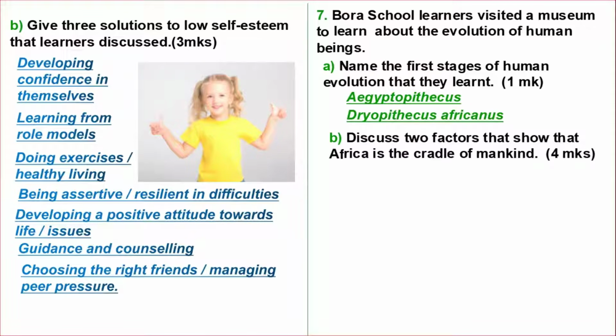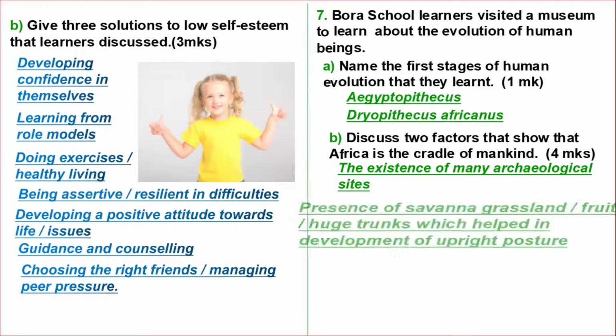Discuss 2 factors that show that Africa is the cradle of human beings, mankind. That is 4 marks. You discuss only 2, you get it. So number 1, the existence of many archaeological sites shows that really Africa is the home of